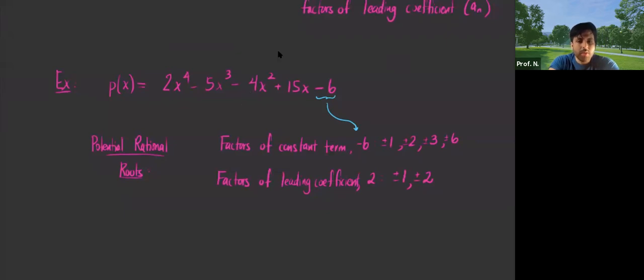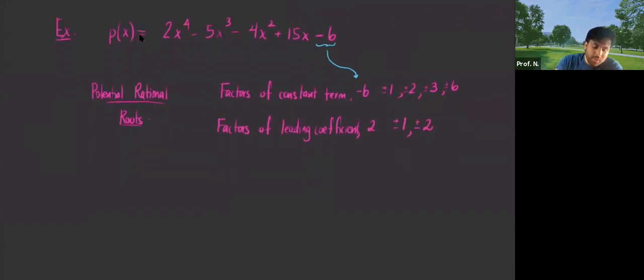Why is it 1 and 2? Well, what are the factors of 2? 1 and 2. 1 times 2. But it can also be negative because -1 times -2 also gives me +2. So when we're dealing with the factors for this particular kind of problem, we're dealing with all possible ways of getting two numbers to multiply to the number. So we're dealing with the positive and the negative numbers. And so by the rational roots theorem,